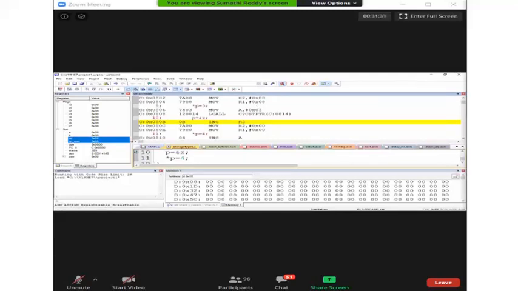Let me show you here with the magnifier. Initially, when my variable is pointing to internal RAM, look at here. R1 is loaded with 0, 8. R2 is loaded with 0, 0.